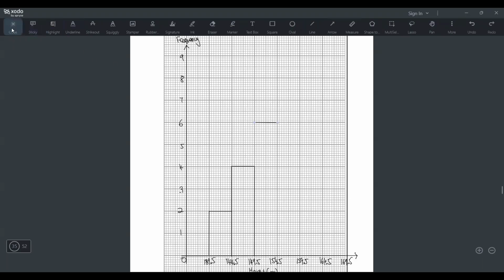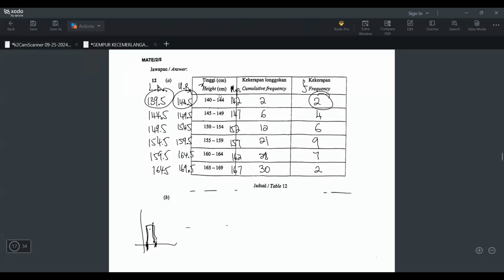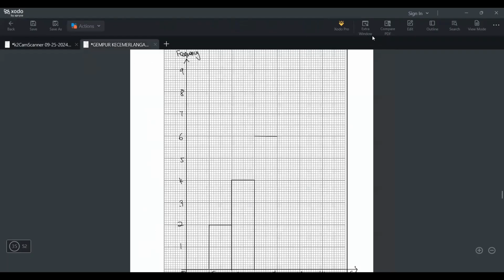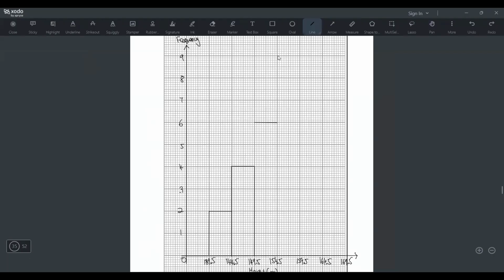But I will do it afterwards. So the next one is what? 6, and then after 6 is 9, 7, 2. Because I want to do fast lah. Okay, so it will end up looking like this,